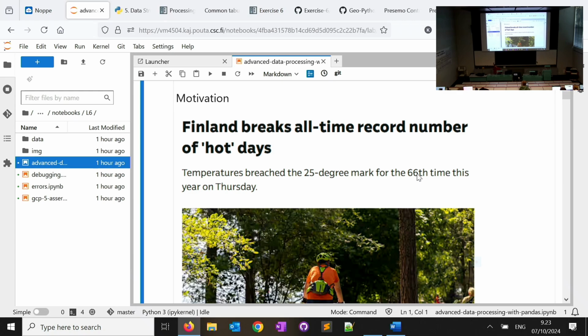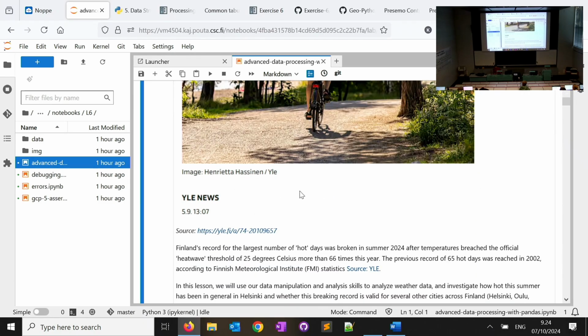Now, of course, this is from Finland, so it doesn't necessarily mean that, for example, in Helsinki, we have had 66 days over 25 degrees, but in the country as a whole. But this is something that we are going to test. We are going to get some data from FMI, and then count the number of days in Helsinki where we had the temperature over 25 degrees to see if we come anywhere close to this record for the whole country. And then we are going to test the same thing for different cities to see how this holds for other cities as well. So there's a link to this article,